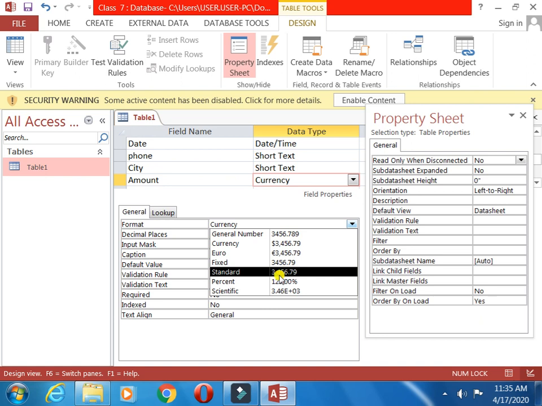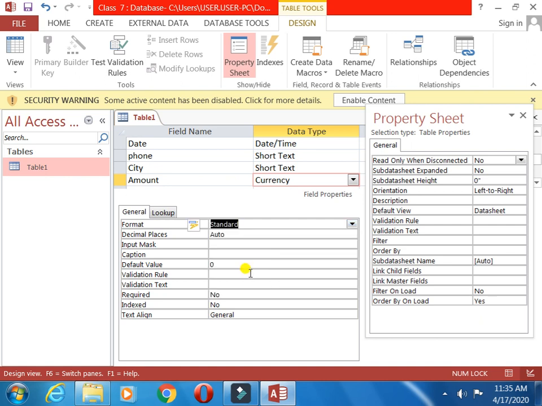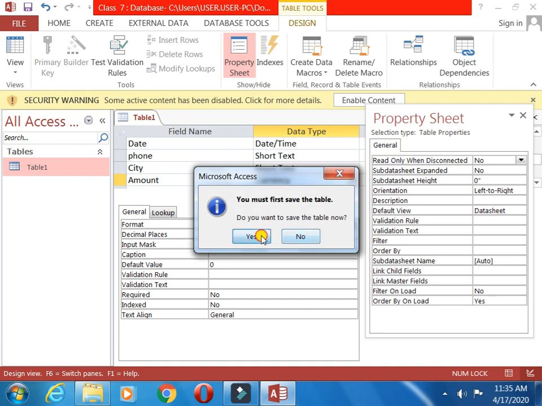After the thousand place there is a comma, and the decimal is also there. So basically I will take this standard format. So I choose the standard format. Clear? So this is for the amount purpose. Now view, save, datasheet, save.